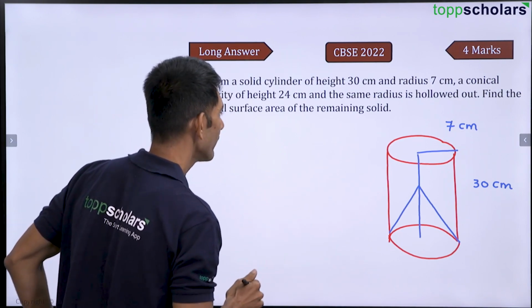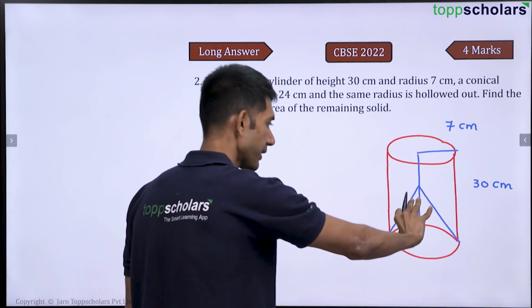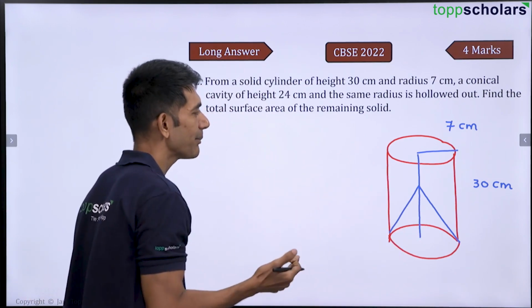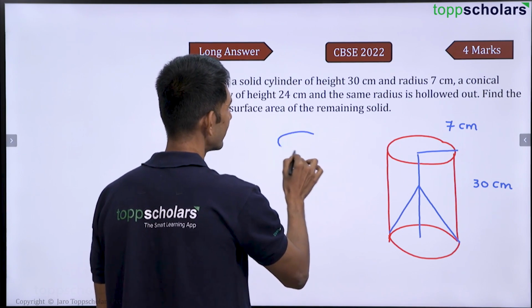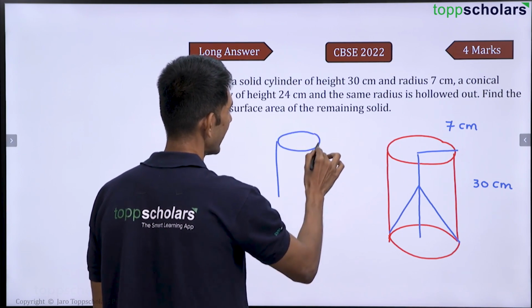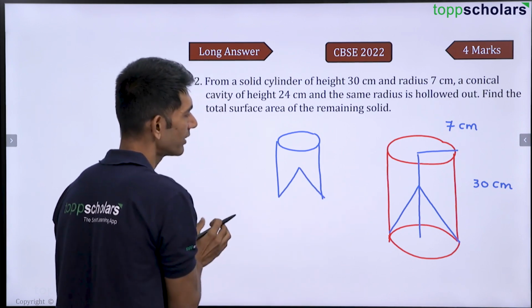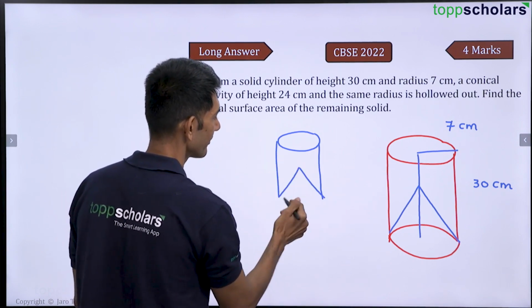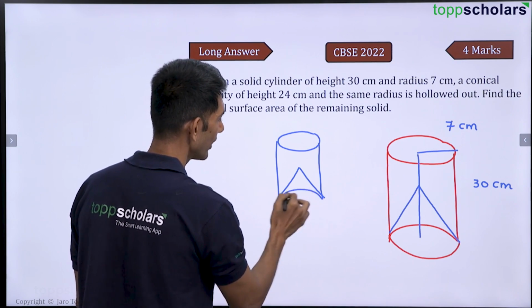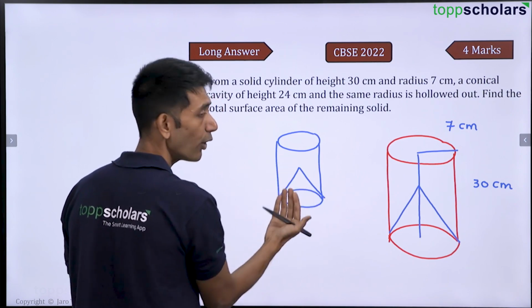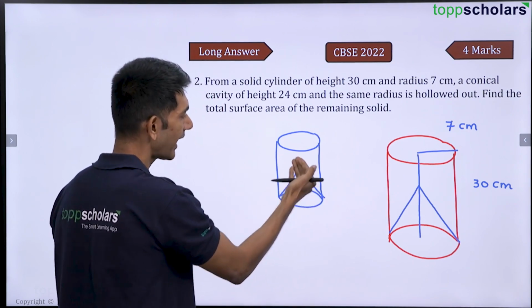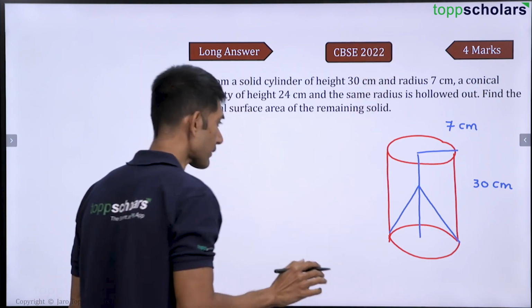If I remove this, the remaining solid will look something like this. This is just an example. Obviously, it's slightly difficult to imagine because this is gone, so the inner part is still there. It is going to look like this, but it will be hollow here, correct? And you can touch the cone inside. Firstly, we'll